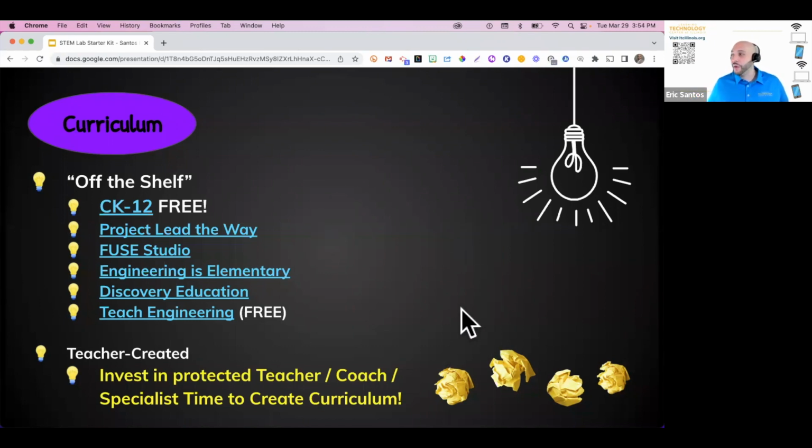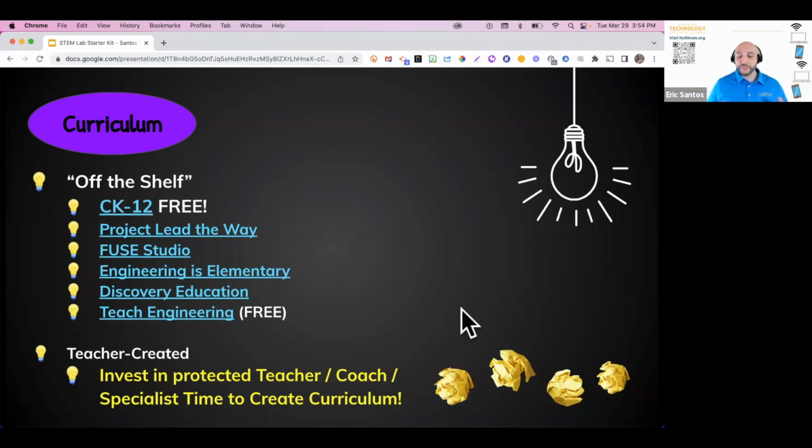And a lot of you might be already going that route. If you're here, you might be that teacher or know that teacher who is super motivated, who develops their own project-based learning units, who adapts things they find and constantly has new ideas. And I'll just say, if you're an administrator in the room right now, that's an awesome way to go because you're getting custom made units for your classes, but do invest in those teachers and coaches and specialists who are